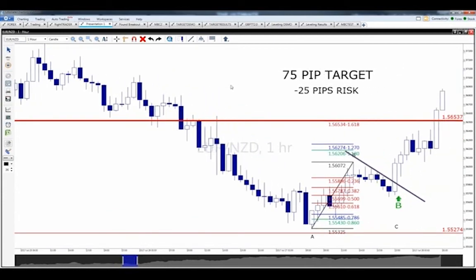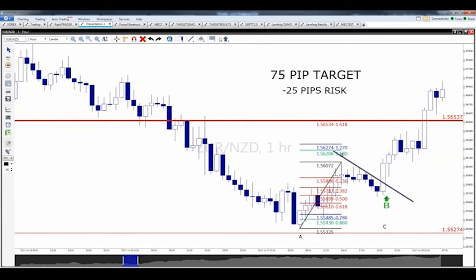Boom. Breaks through right there. And again, look, it keeps going, but we're out. We don't chase trades. This is a system. It's a formula. You're going to follow very specific rules. I'm not going to chase this if it keeps going up. I'm selling right here. That is how you become a successful currency trader.